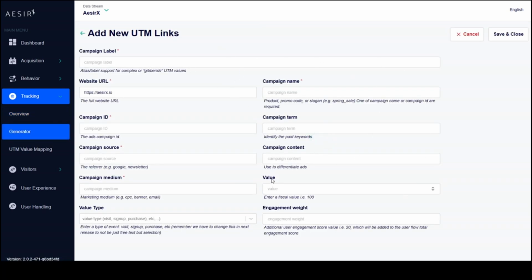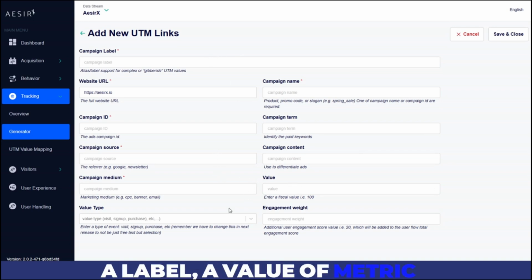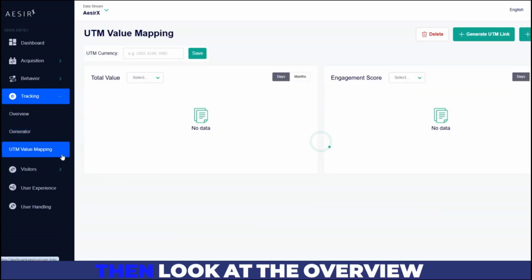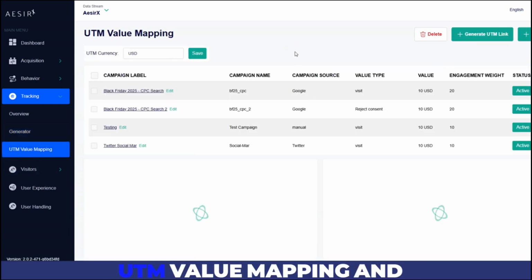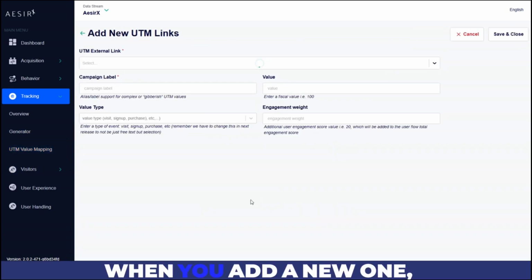You can assign everything that you would expect to be doing on UTM links, but also you can assign a label, a metric value, a value type, and an engagement weight. You can also go in and then look at the overview where you have all the UTM value mapping, and you can create the UTM link as we just saw, or you can go in and add a new one. When you add a new one, it'll